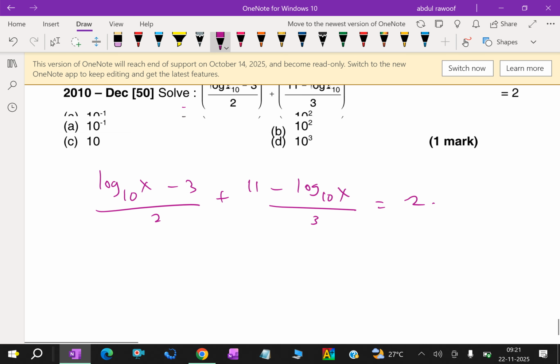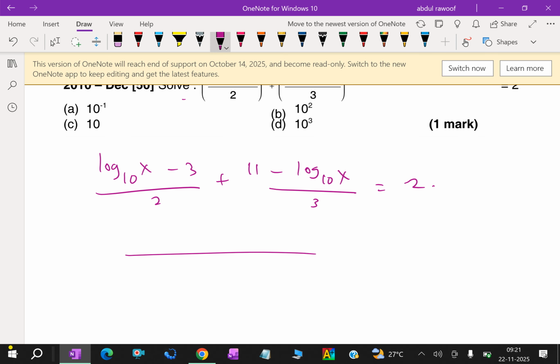You have to solve this. Take the LCM, which is 6, because the LCM of 2 and 3 is 6. So cross multiply: 3 log base 10 x, 3 into 3 is 9, plus 2 into 11 is 22, minus 2 log base 10 x